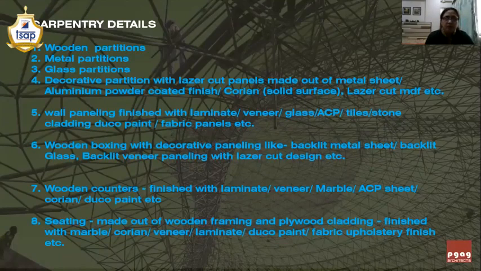If it is laser cut or water jet cut, here also you need to mention whether it is laser cut aluminium ACP panels, or just the joints are filled with grout. All the specifications need to be mentioned. If the panels are finished with fabric panels, then the basic rate of the fabric, the running meter rate, needs to be mentioned. If it is finished with wallpaper, then the basic rate of the wallpaper needs to be mentioned in the tender itself, so that the contractor will be able to quote that particular item based on all these specifications.